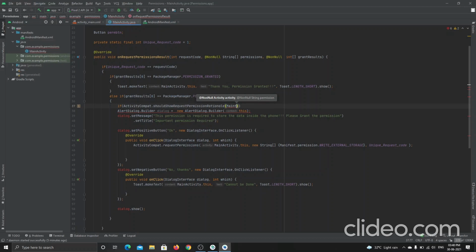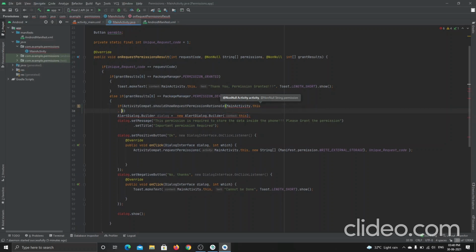MainActivity dot this, and then use Manifest.